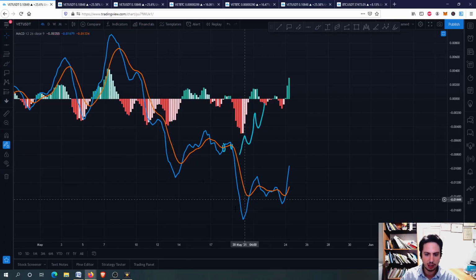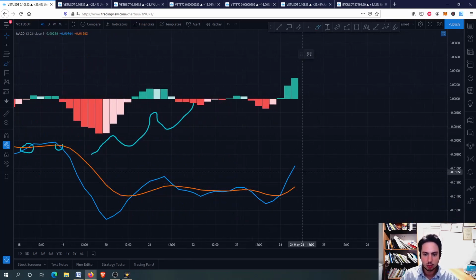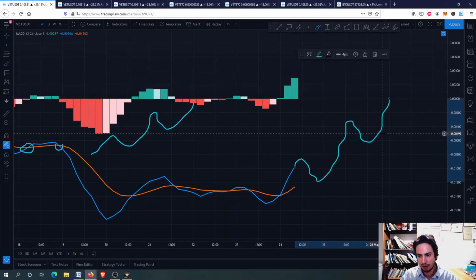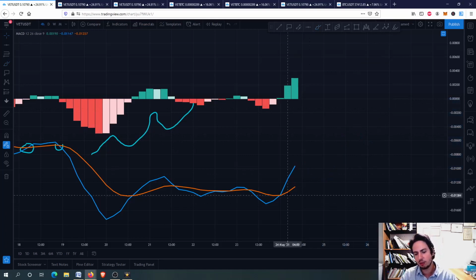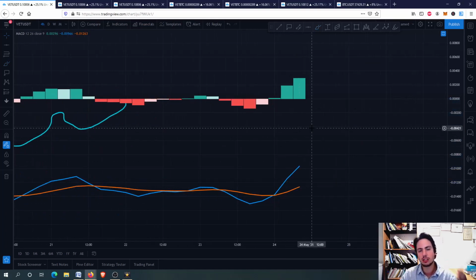Okay, now we're forming lower highs. What we want to see is a reversal to the pattern, and we might want to go upwards, do something like this for the blue line in the 4-hour frame. The signal line will follow, and I don't care even if we get the signal line above the blue line, as long as we are having these higher highs and these higher lows.